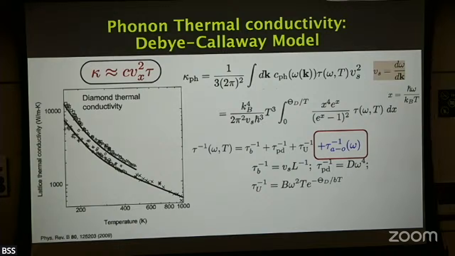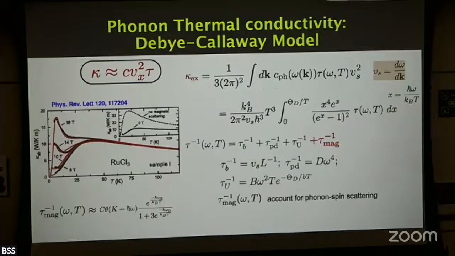And if you have many fit parameters, a simple curve that gently rises and then gently comes down is not that hard to fit, right? So for example, one example is ruthenium trichloride. This paper came out in 2018 and claimed that everything is phonon, which I have no problem with. I'm just showing how data is analyzed. They took the data all the way to 400 Kelvin, and then they fit to this. Actually, I left out another term here, T_n, the normal scattering term, and then they fit all this high temperature.